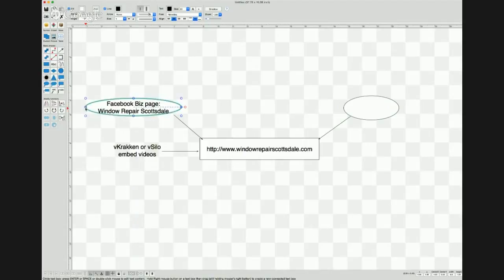So that's going to be a Facebook page for that. You can essentially set the same thing up over here. Maybe make this a Twitter. Okay.